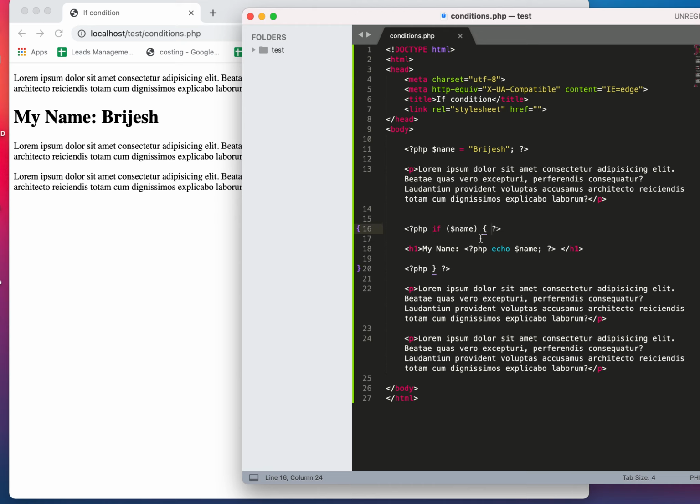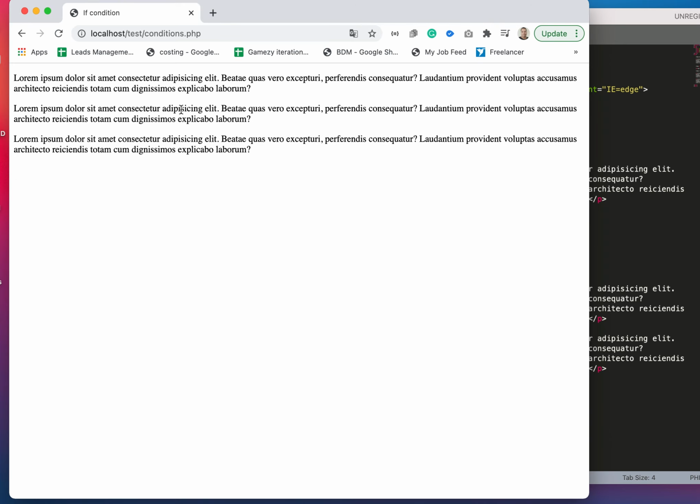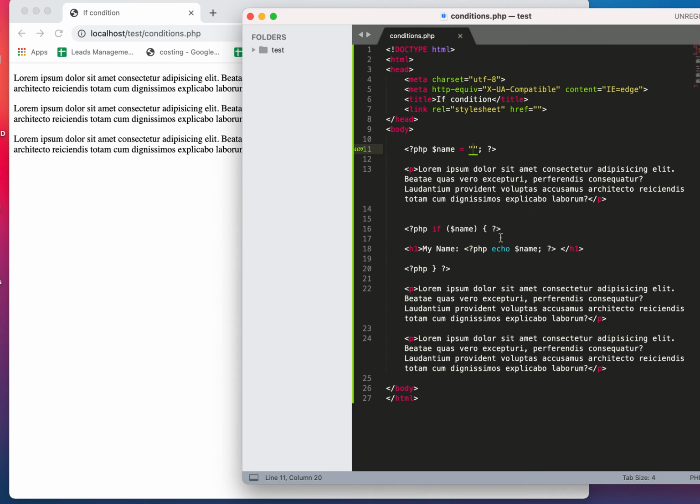If the condition is true, then execute this statement. Else, don't display this statement. Let's check over here as a blank. Simple, gone. Because if this is true, then and only then will this be displayed. It will also consider the HTML part. So this is how we do PHP in real projects. Understood? Okay. Thank you for watching.